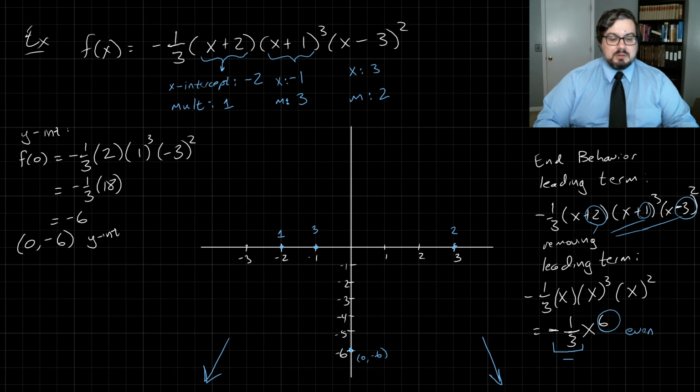So I like a lot of times just moving from left to right. So I know where my function starts. It starts down here based on the end behavior. So then it's going to come up and I'm going to start heading towards my first 0. So here's my first 0 and I think, okay, well, what sort of multiplicity does it have? I've noted here that it has multiplicity 1, which means that the graph is going to go straight through the x-axis as it passes through this